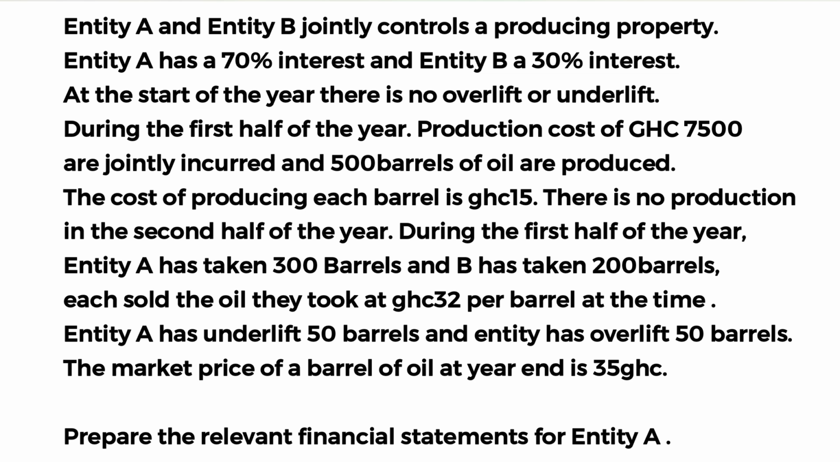During the first half of the year, production costs of 7,500 Ghana cedis are jointly incurred and 500 barrels of oil are produced. The cost of producing each barrel is therefore 15 Ghana cedis. There is no production in the second half of the year. During the first half of the year, A has taken 300 barrels and B has taken 200 barrels. Each sold the oil they took at